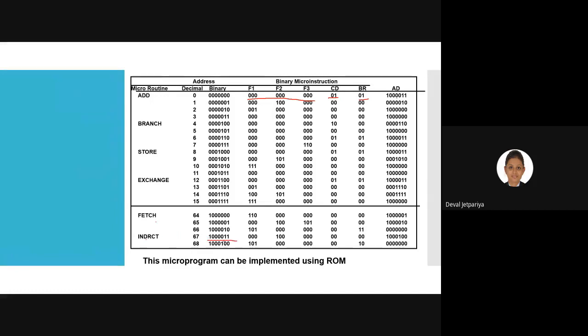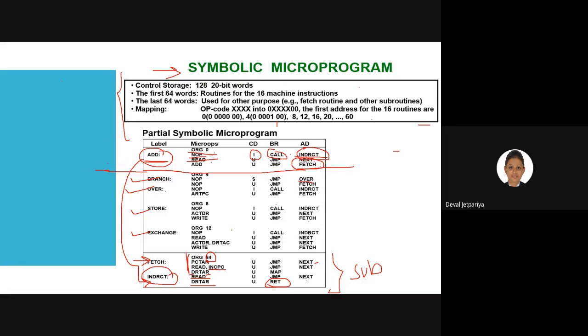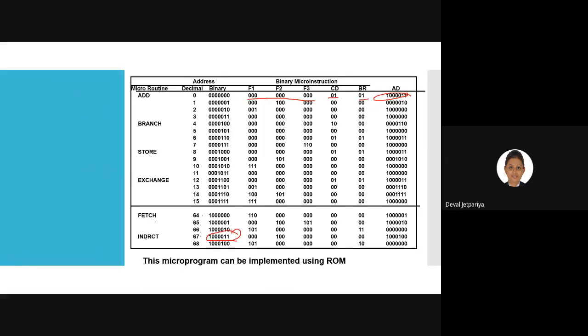So if the indirect bit needs to start from 65, 66, 67, then the same address you need to approach over here and over here. Fine. So precisely specify this symbolic microprogram as well as this second slide.